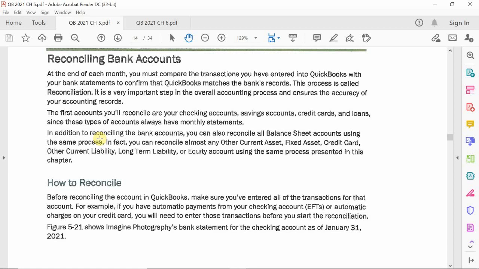So that's why a bank reconciliation is always necessary at the end of every month, because you definitely want to make sure that when you start the next accounting period or accounting cycle, or in this case, the next month of business, you want to make sure you start off knowing the exact amount of money that you actually have in your bank account. Okay, so this is where